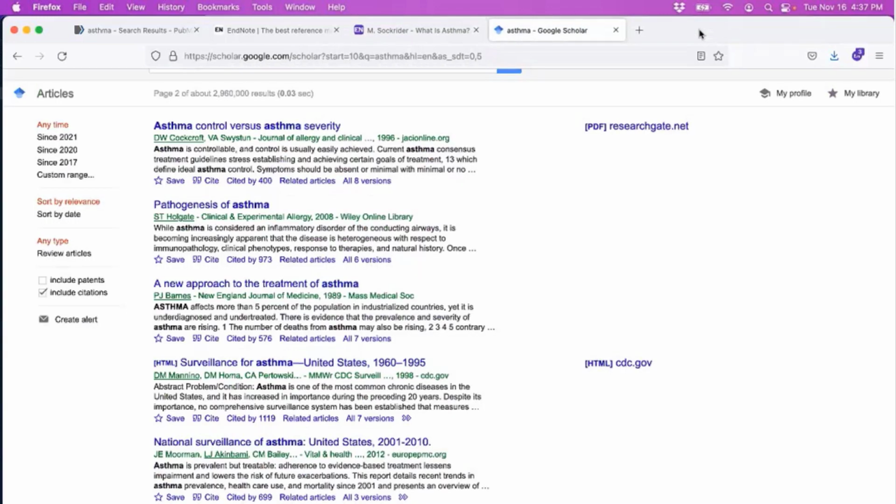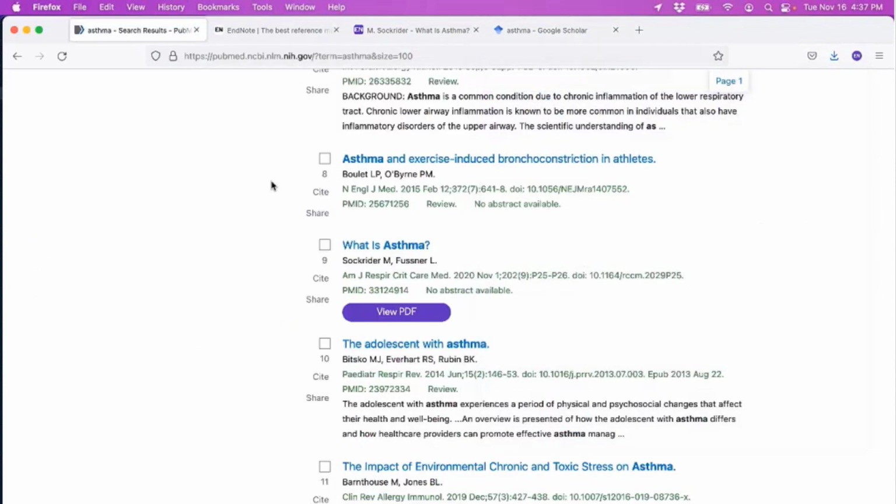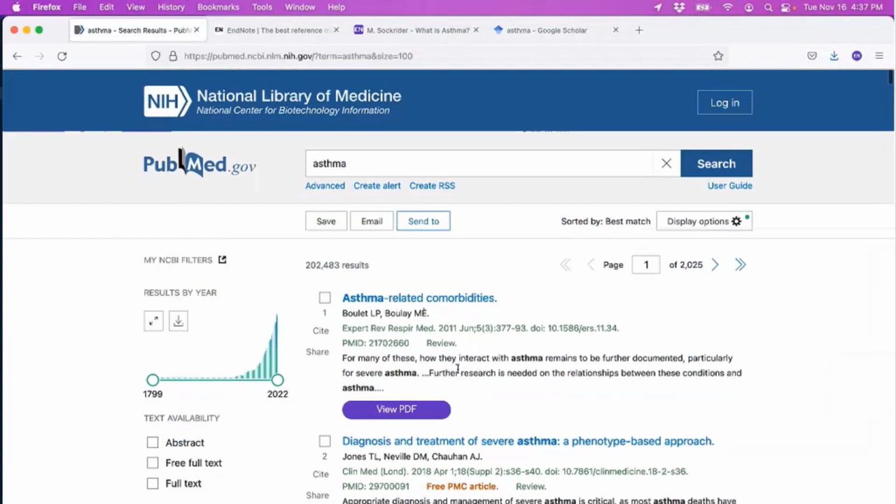The idea is that there are certain sites that EndNote Click can still work with. They just don't allow us to display any EndNote Click buttons on the page. And for those sites, you have to use the EndNote Click Smart Extension screen here. But this is also how you can export multiple references at once from sites that do allow us to display View PDF. So even on PubMed.gov, where we have the View PDF button, the same thing.